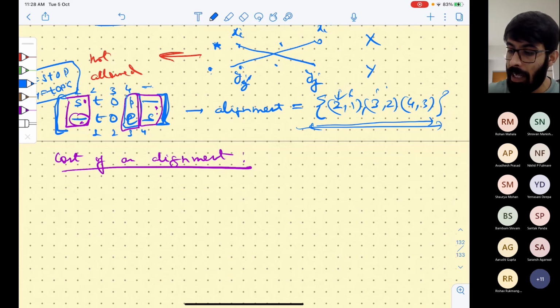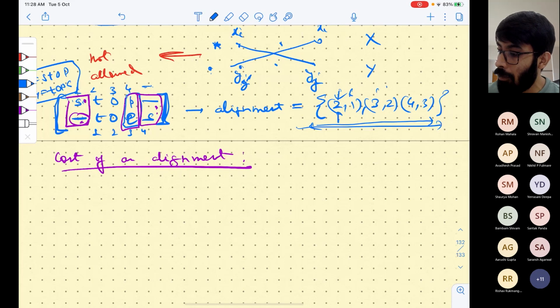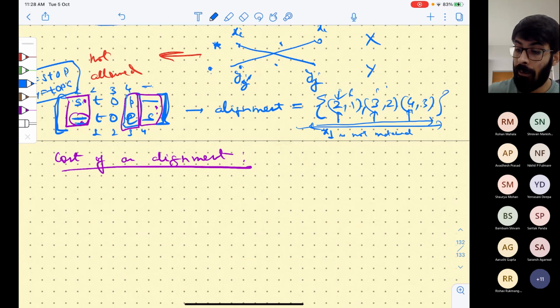First, every time there is a gap, something that is not matched with any string. So basically x1, there is no one here in the first position in the matching, right? So x1 is not matched with anything. So that is a gap basically. Similarly, y4 is not matched, right? So for every position of x or y that is not matched,